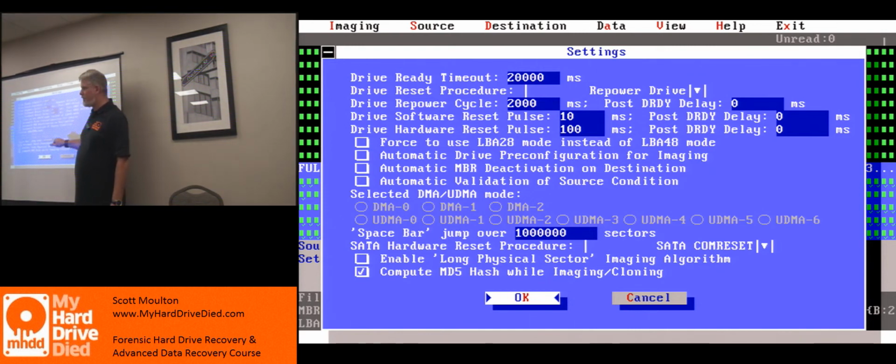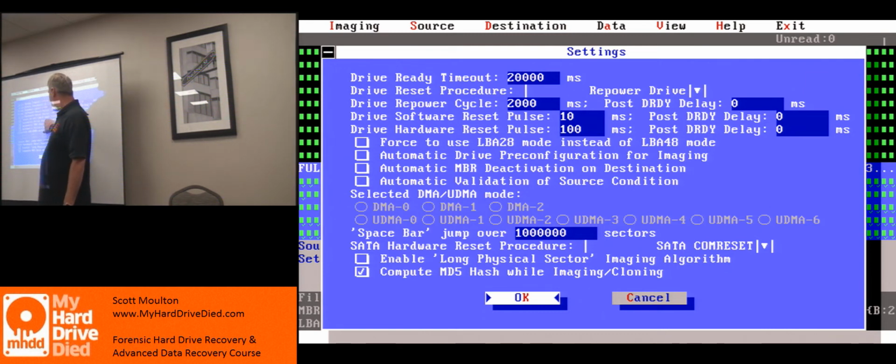You have to physically check a box. You can still do it while the system's running. You just can't do it on the fly. You literally have to come into settings and check a box. Everybody good? All right, so we'll talk about these other things later. Not important, not important, not important. I just want to make sure everybody knows we have the ability to change hardware ATA commands, and that's what that means. And I'm only going to do this because I'm going to do something called the long read. And when I do a long read, I'm going to get a better chance of reading data that's damaged, that no other device can read. Everybody with me? What's the largest size that I can read?